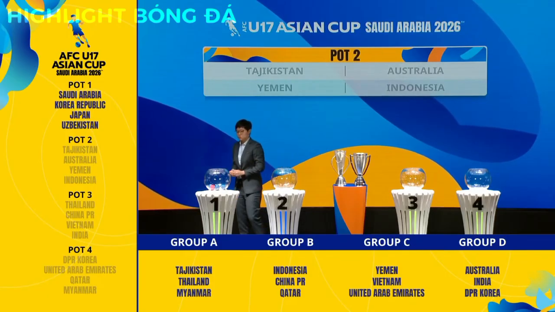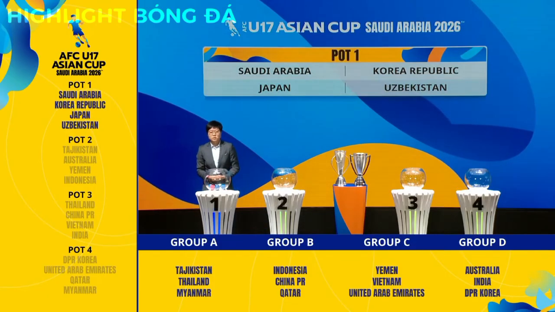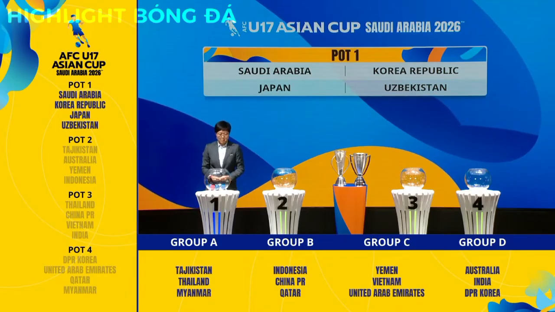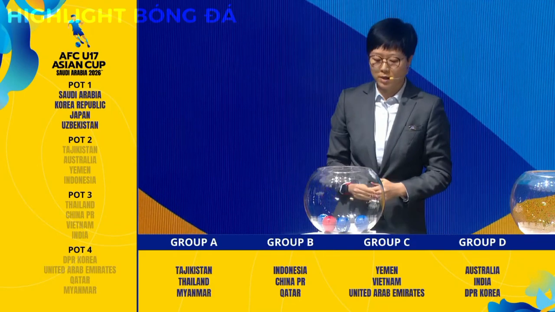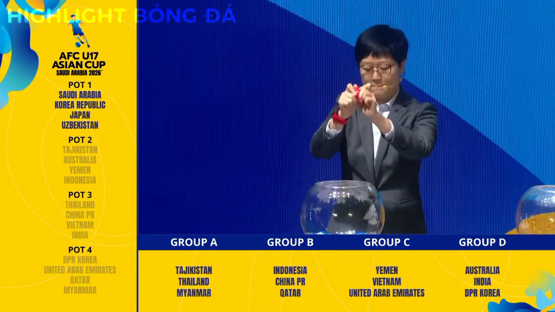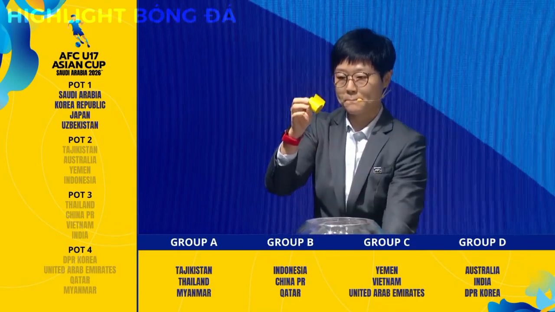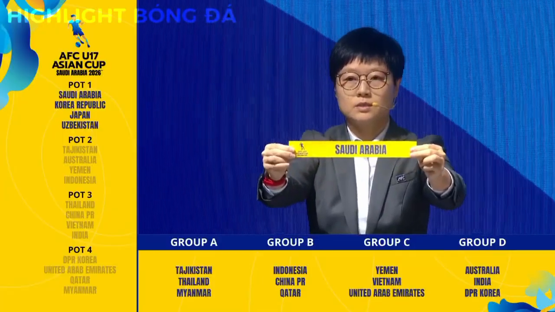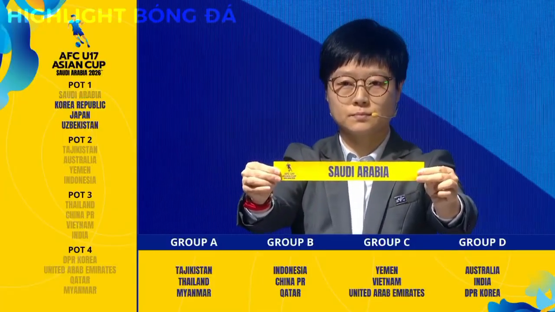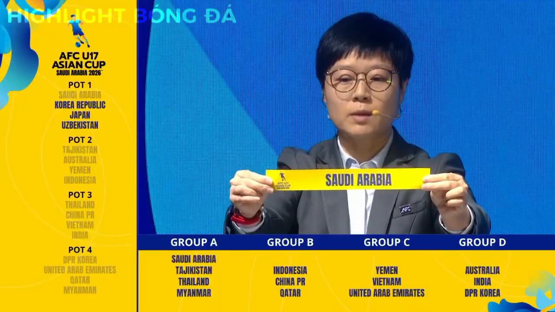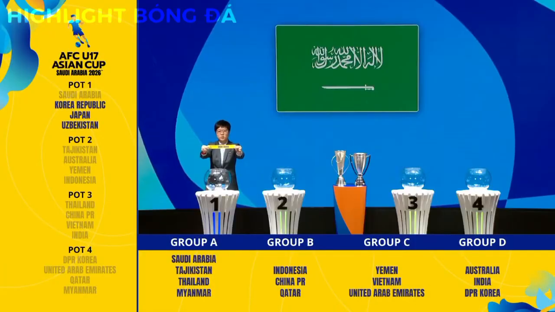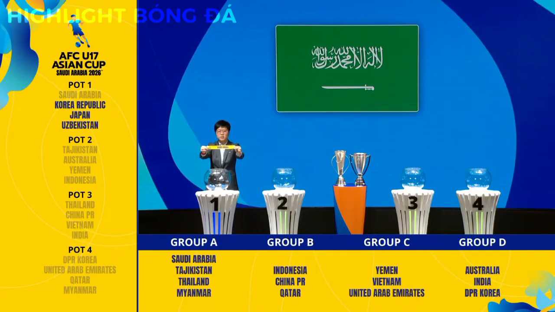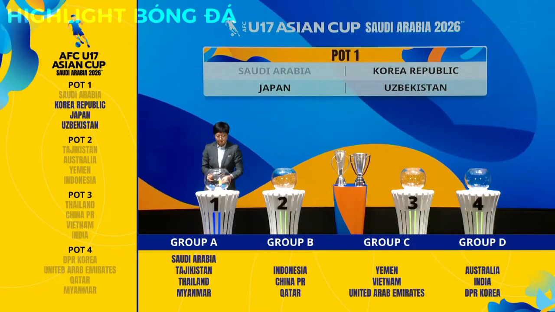And finally, come to pot 1, where our host team is also included in this pot. We will then first place the host, Saudi Arabia, into A1. Saudi Arabia. The runner-up team of the most recent 2025 edition, which was also hosted in Saudi, and they have also hosted another edition back in 1992. 2 times champion winning for this team in 1980s.